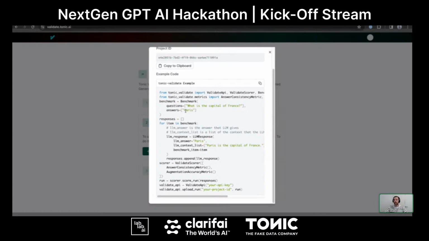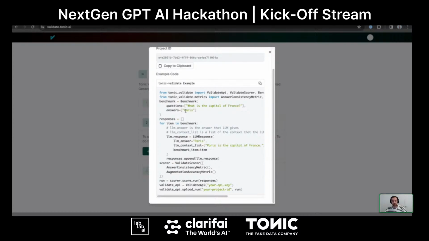The way Tonic Validate works is you're developing your RAG application in a Python environment. Let's say you're working in a Jupyter notebook and you're using a large language model through an API like GPT-4, calling GPT-4 as the LLM for your RAG system. Then you're going to ask questions to your RAG system and get answers, and you want to evaluate those answers.